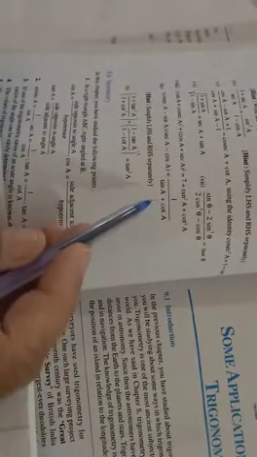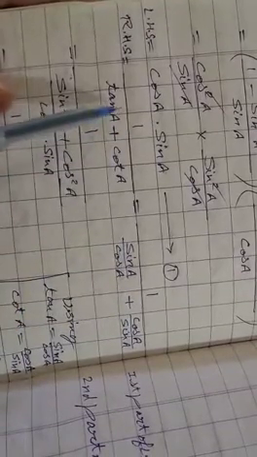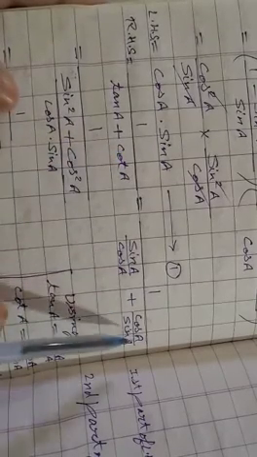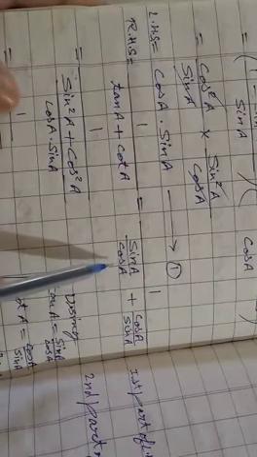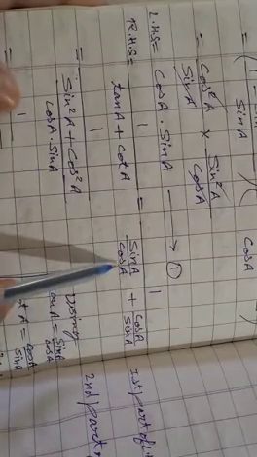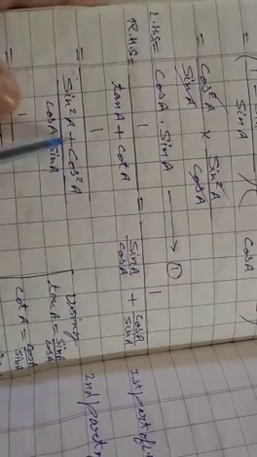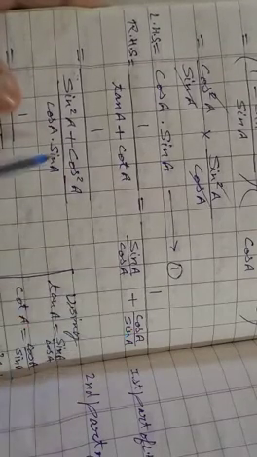Now we write the right hand side. Right hand side is 1 upon tan A plus cot A. Now 1 upon, formula of tan A is sin A upon cos A, plus formula of cot A is cos A upon sin A. 1 upon, take LCM, cos A sin A. Cos A divided by cos A we get sin A into sin A, sin square A, plus sin A divided by sin A we get cos A into cos A, cos square A.